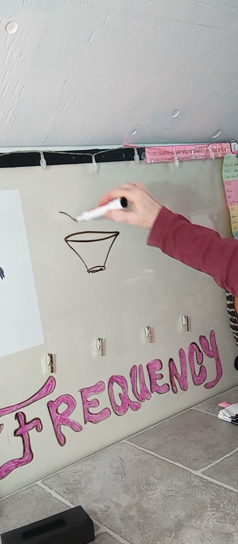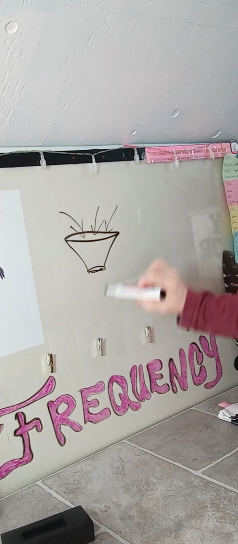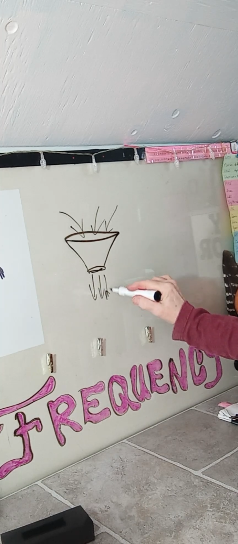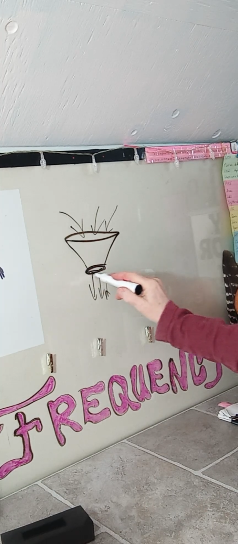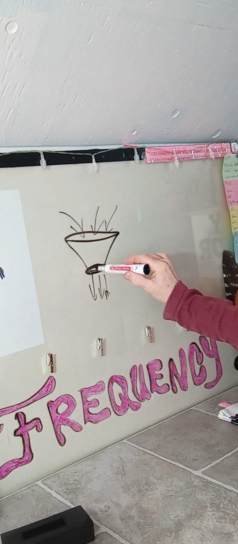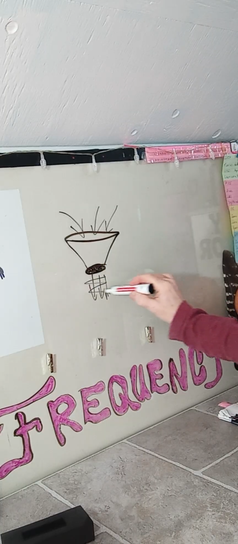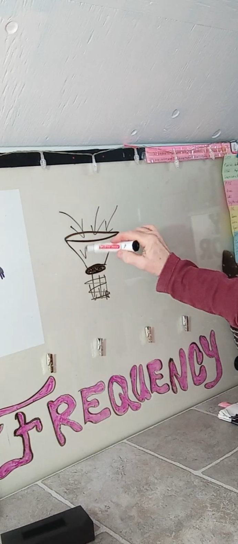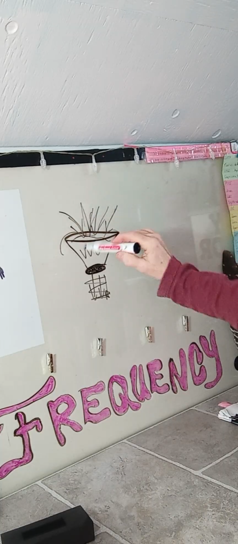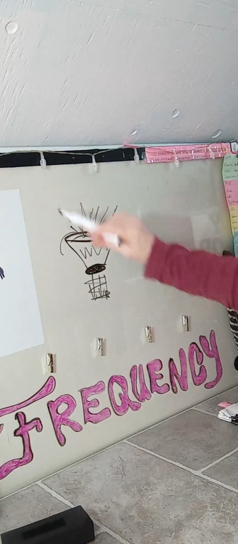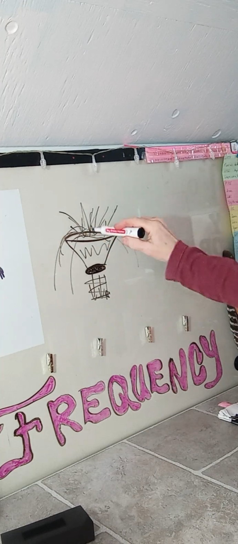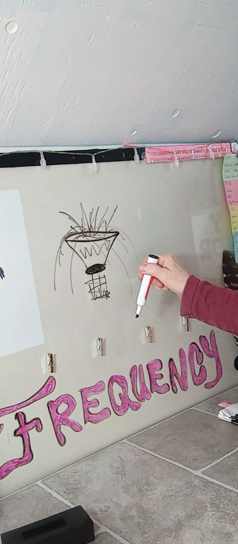Okay, so when you pour water into a funnel, the amount that flows through is determined by the size of this hole. And if you block off that hole and stop the flow, this fills up and just overflows, and then nothing more can come in. It doesn't grow bigger. It just holds so much, and then it just overflows, and everything goes around it instead of through it, right?